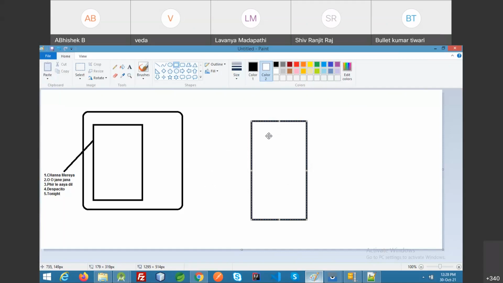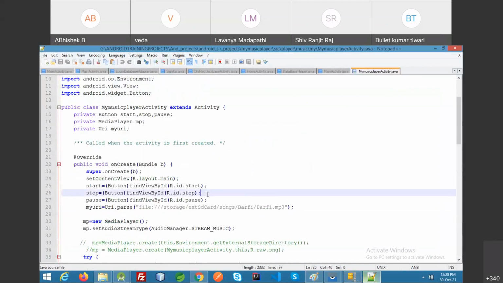I showed you there is a method, my URI equals Uri.parse, and in this Uri.parse you can give the online link as well.